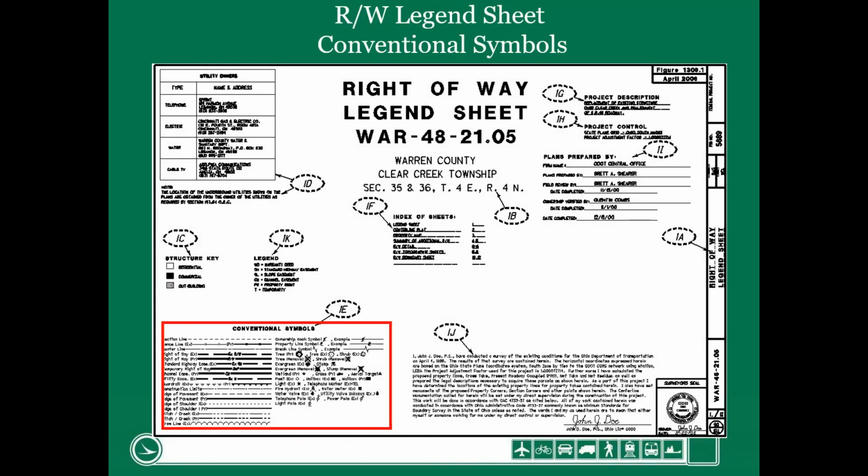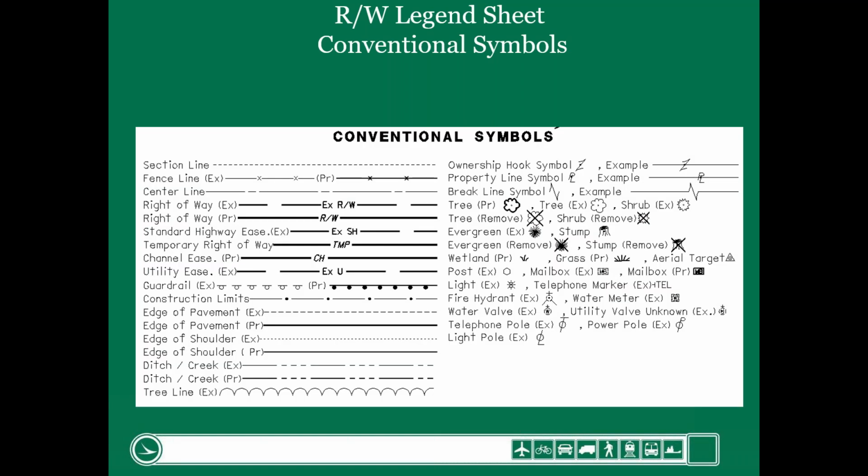We also have what are called conventional symbols that are shown on our legend sheet for the right-of-way plans. Now this does not illustrate all the different line styles and symbols that you might encounter in the entire set of plans. What it does show you is the more predominant ones that you would see in most every set of plans. As a right-of-way designer, what we have to update is this section right here. The designer should be updating it to the right-of-way line styles that are applicable to the set of plans that are involved.